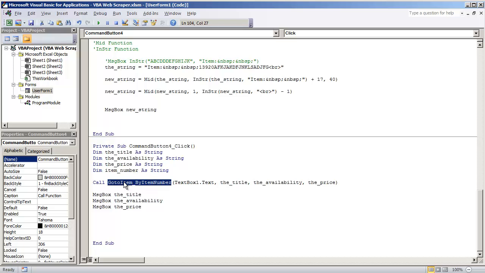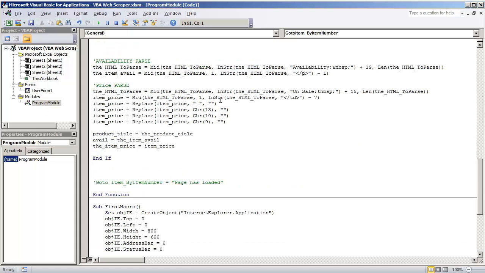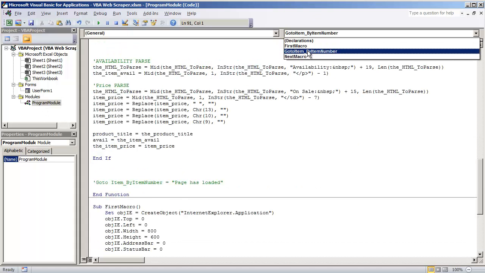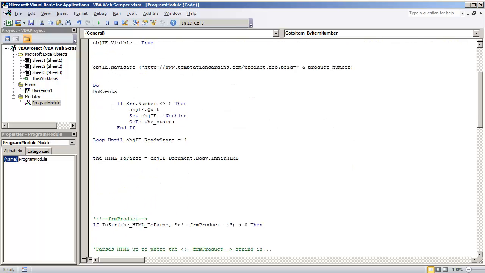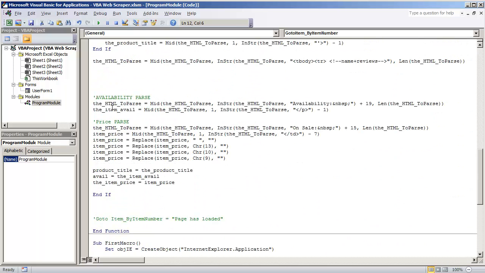So I'm going to navigate to this function to go to item by item number. We have it in the program module, so I'm going to go back to that function. Just going to select it. That way we're at the beginning. And so what we need to do is close the internet window. So here we created it in the beginning, and all we're going to have to do here is go to the very end of the code, close out the object.ie, and then set the variable, the object, to nothing. So that's very simple. Just going to scroll all the way down to the bottom,